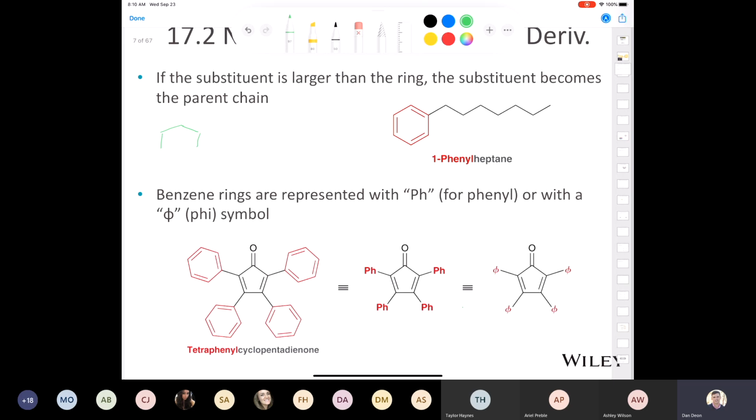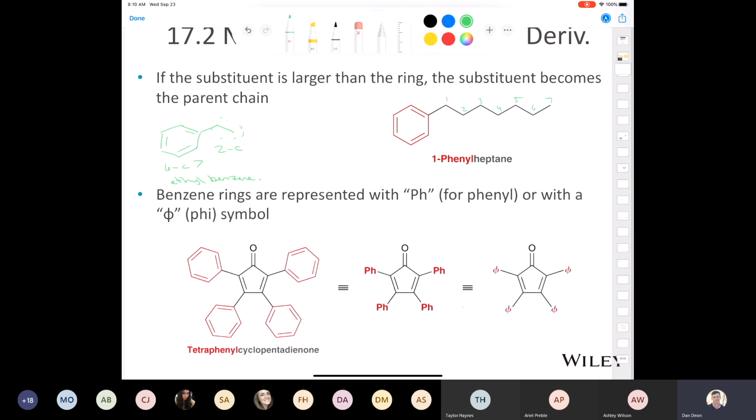If you have a small chain coming off of your benzene ring, right? The benzene has 6 carbons in it, and the chain here has 2 carbons in it. And 6 carbons is greater than 2 carbons, so we would call this ethylbenzene, right? Ethylbenzene. But here we have this molecule, we call it 1-phenylheptane because we have 1, 2, 3, 4,